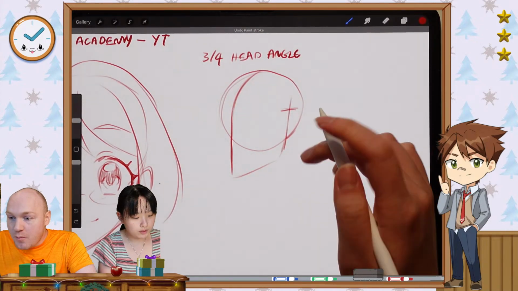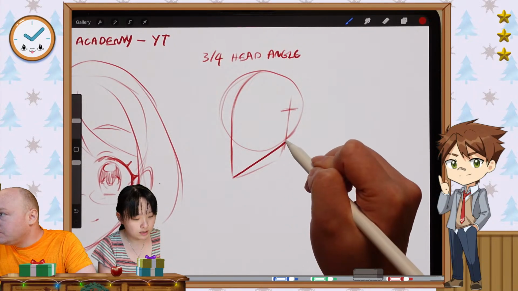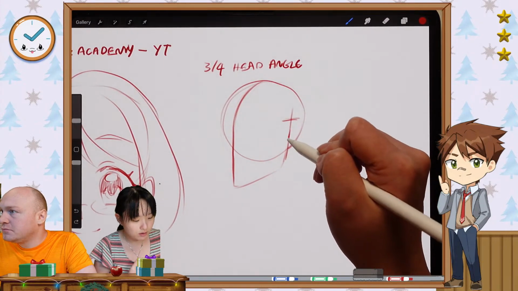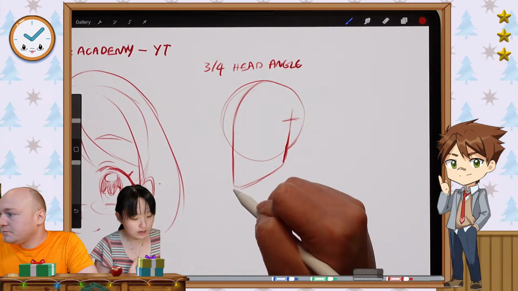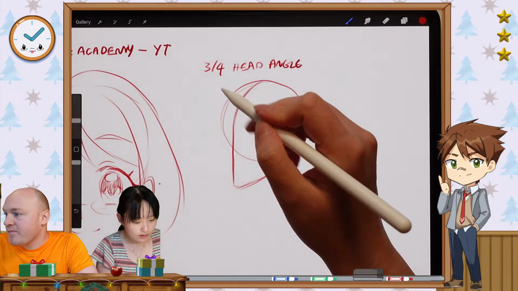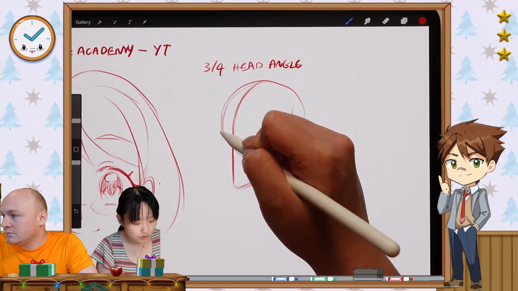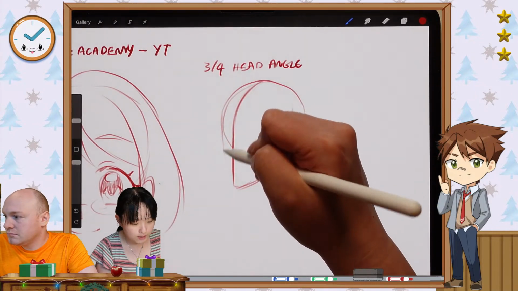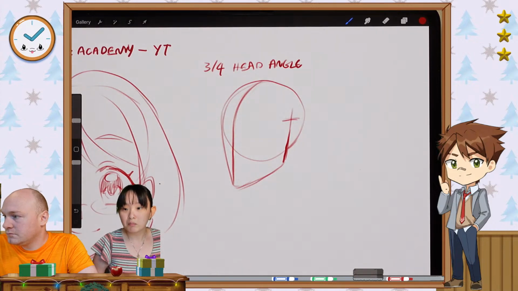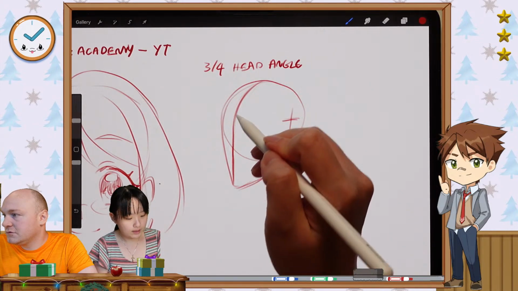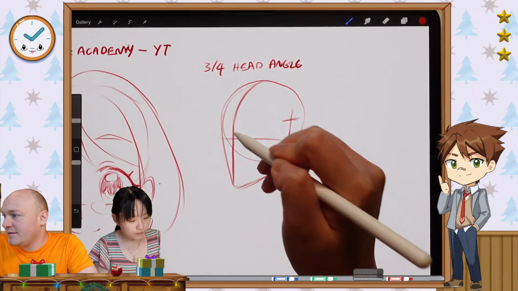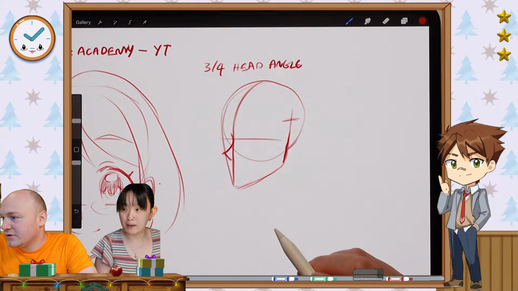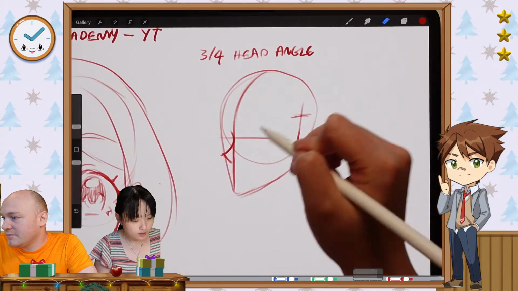I think a lot of people, when they think of the jawline, think it needs to connect immediately to the circle, but that's not really the case. It actually sticks vertically down first, and then it connects like that. And then here, you can make it whatever you want. You can push the cheek out like this, or if you want it more masculine, you can make it straighter like that. Then you can add your features on top. And this is your center line, so most of the features, like the nose and the mouth, are going to depend on the center line, especially the nose, I would say.